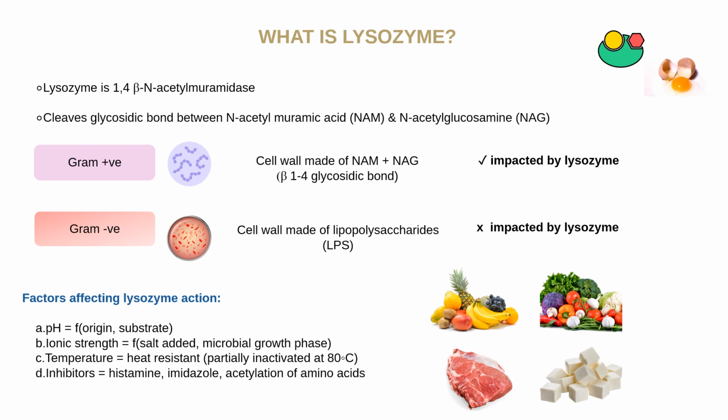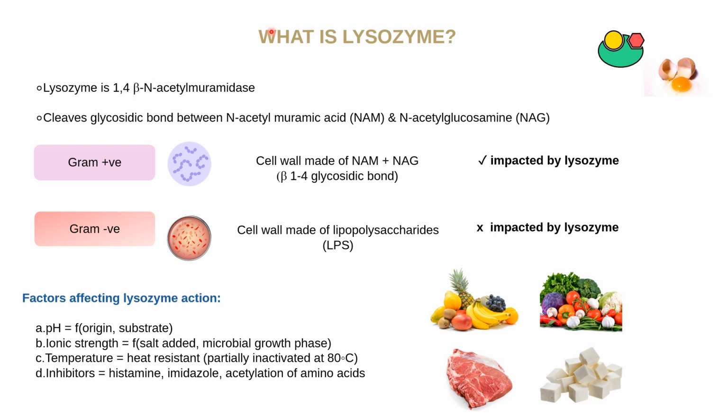We would have seen this enzyme as an ingredient in a lot of ready to eat products. Can you guess the name of the enzyme? Yes, it's lysozyme, an enzyme that's universally present in all cells, right from microbial cell to animal cells. Lysozyme is an enzyme that cleaves the glycosidic bond present between N-acetylmuramic acid and N-acetylglucosamine, and therefore is called 1,4-beta N-acetylmuramidase. It's very efficient in inhibiting the growth of gram-positive bacteria.